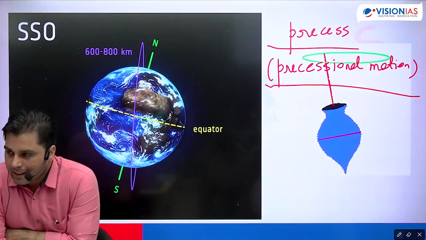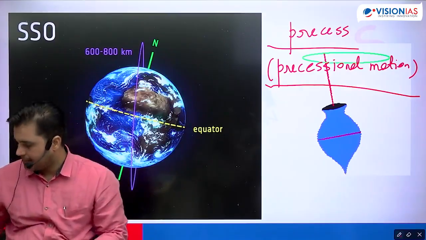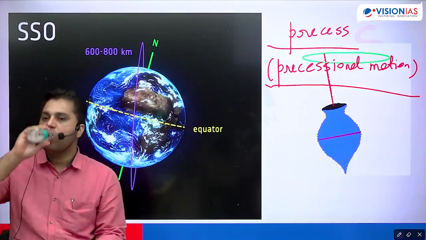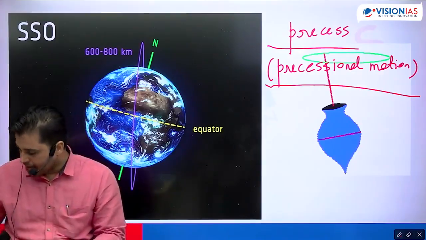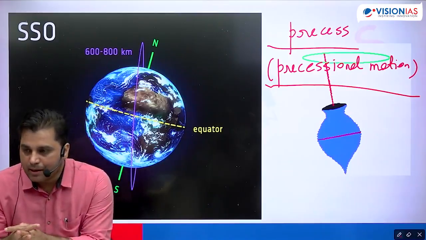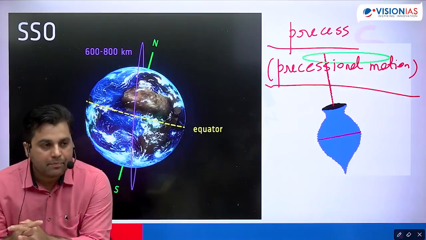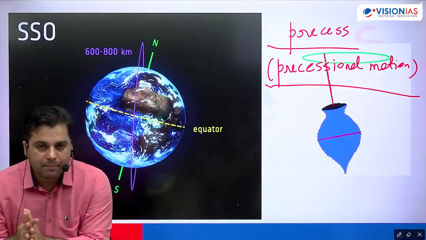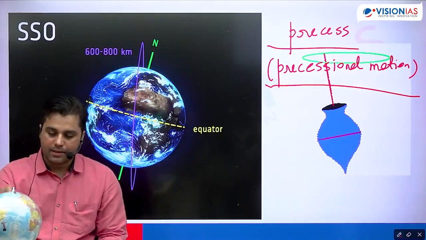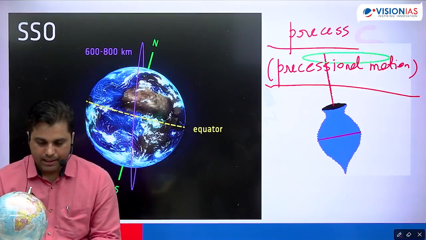Write on. Such precession is often a challenge. But in case of sun synchronous orbit, we use this challenge as an opportunity